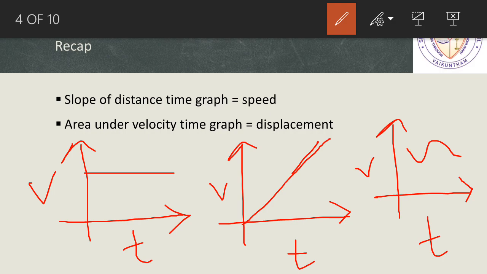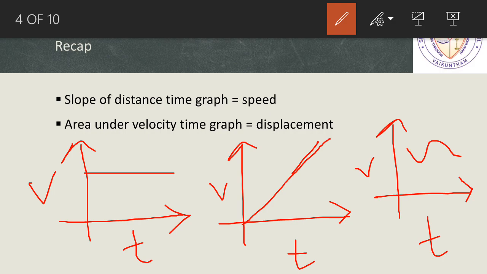And we even studied that in the case of uniform motion, the acceleration will always be 0. The question was also asked in the small test which you attended last week, but most of you have given it wrong. Some of you have written it as constant, but you should remember, yes it is constant, but what is the value? The value is always 0. The acceleration in the case of uniform motion is 0. Okay, so these are the things which we have studied.